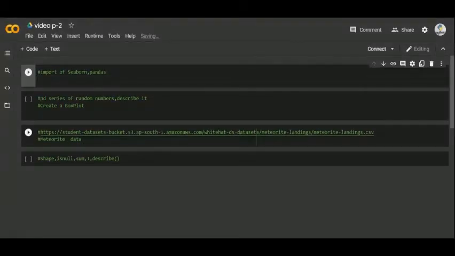This is Shivastava, and in this video I'm going to show you a new module, Seaborn, which helps us to make box plots. So we will import the module Seaborn